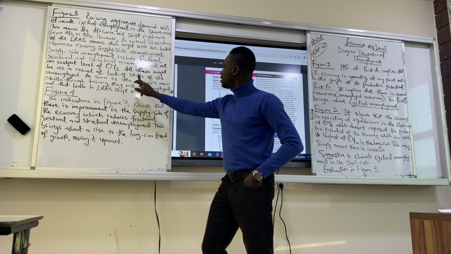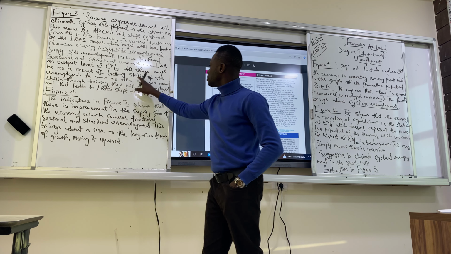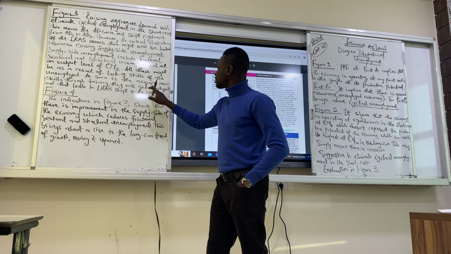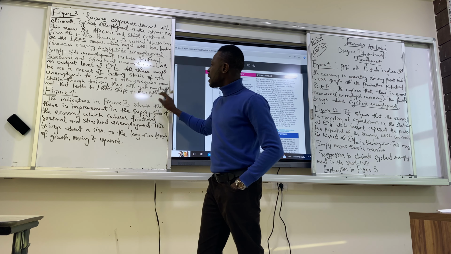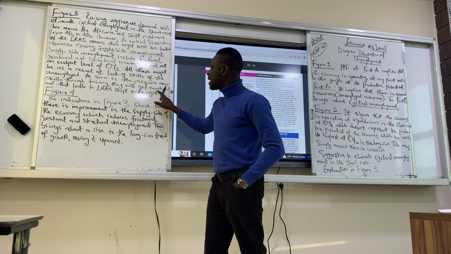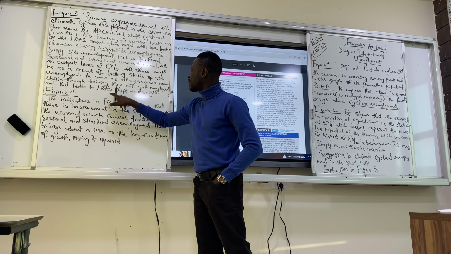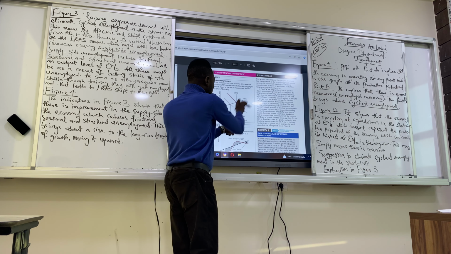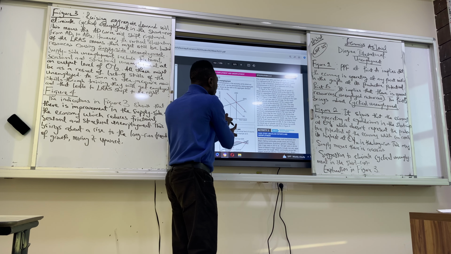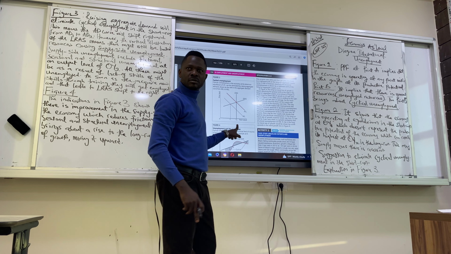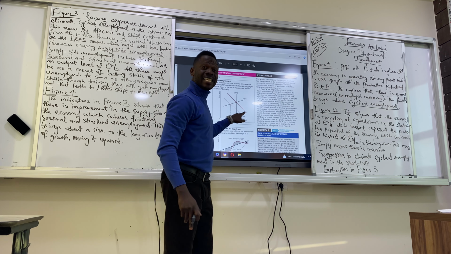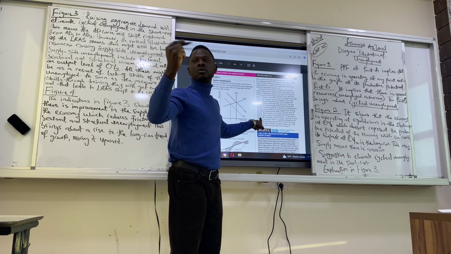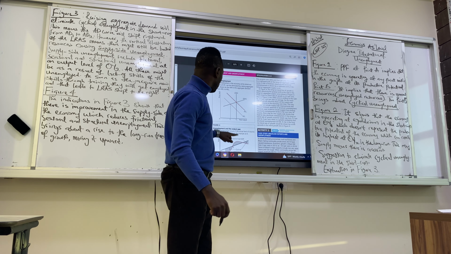So look here, I said, all this might be as a result of lack of skills of the unemployed. As soon as they acquire new skills through training, they will get employed, and that leads to the long-run aggregate supply curve shifting to the right. So it's not going to be vertical anymore. It goes to the right. So we're going to have LRAS1 and LRAS2. At that point, the economy starts growing. And that brings us to figure 4.